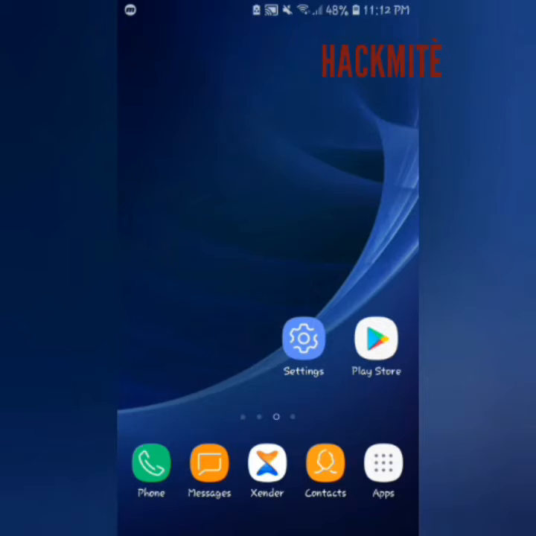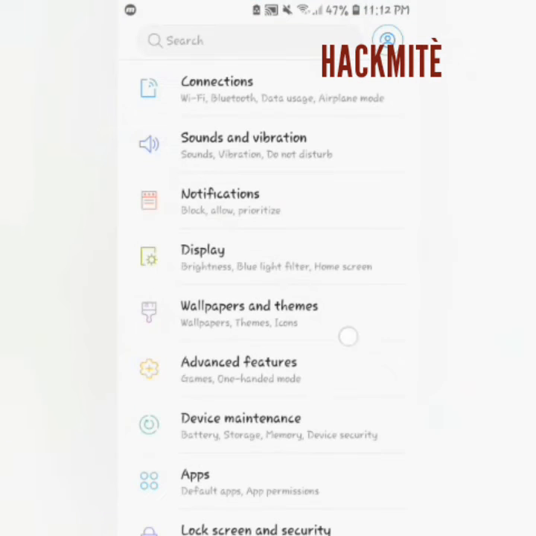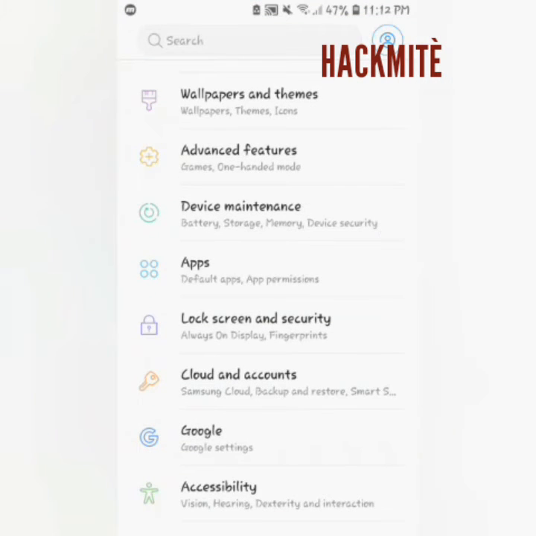Okay, moving on to method 4. Actually, if the other 3 methods didn't work for you, this is probably gonna work. Go to your phone settings, then click on applications,